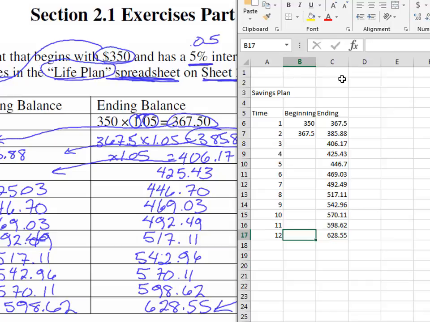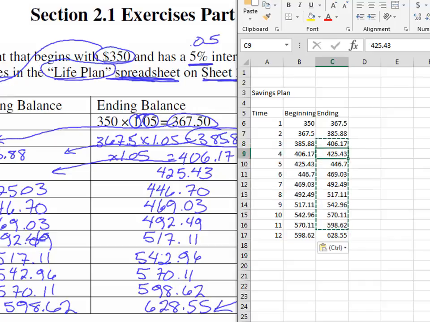628.55. And then we'll come up here, and the 385.88 that we ended in year 2 will be the beginning balance in year 3, 385.88. And so we'll move all of those exactly down here. One way to do it is if you highlight those and copy, which is right here, copy, or Control C. When you go Control V, it will copy and paste those values. So there we have it. We have the end balance of